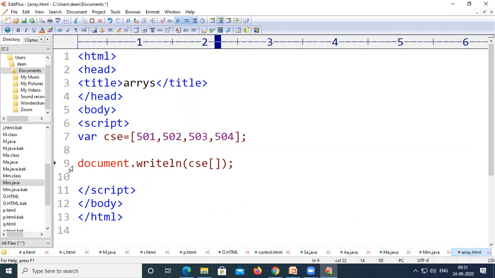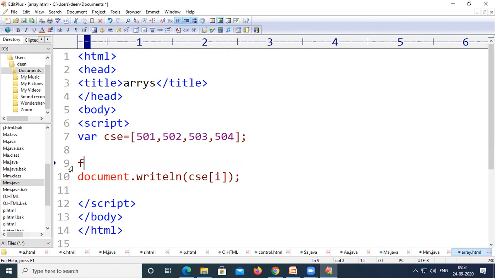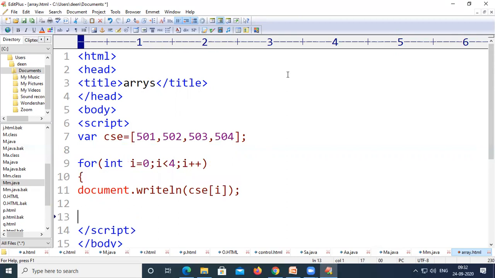In that one statement, use a variable and one iteration loop: for (int i = 0; i < 4; i++). We start from index number 0, so i equals 0, then i less than 4 because we have 4 elements, and i plus plus increments the value of i each time by 1.